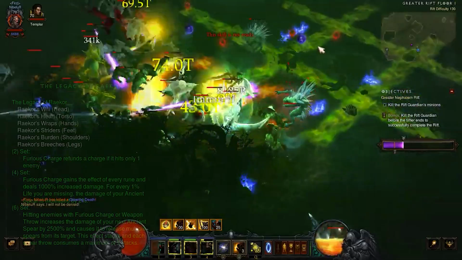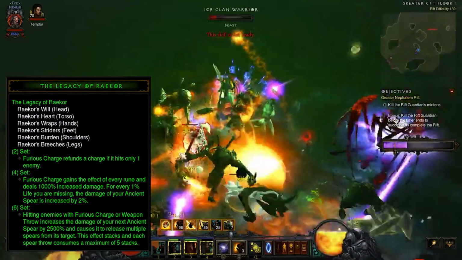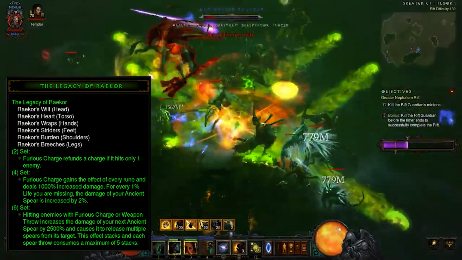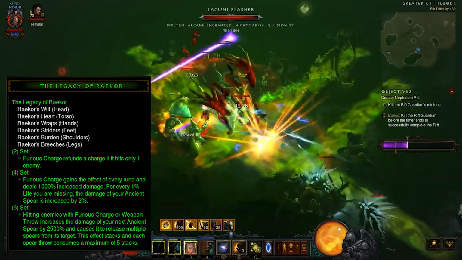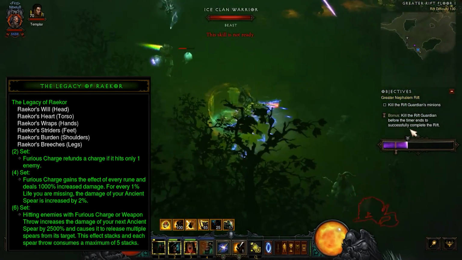Second place is the Legacy of Raekor Barbarian. This is another top set which you can get straight from Haedrig's Gift. It is agile, reliable and super strong in the Greater Rifts. Even after the damage nerf in patch 2.7.7, Raekor can still destroy anything in its way, although it's not